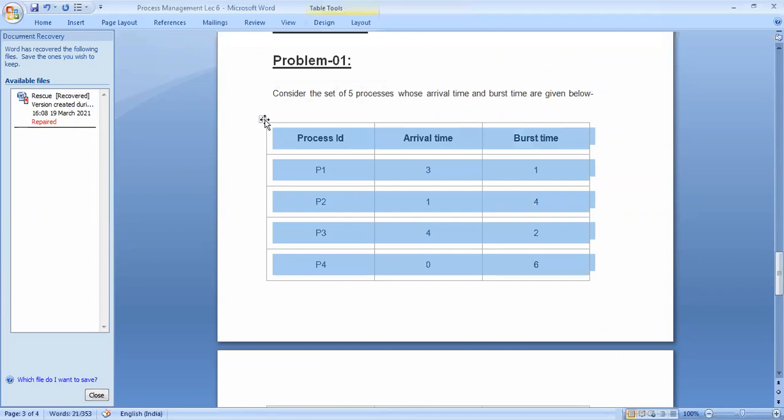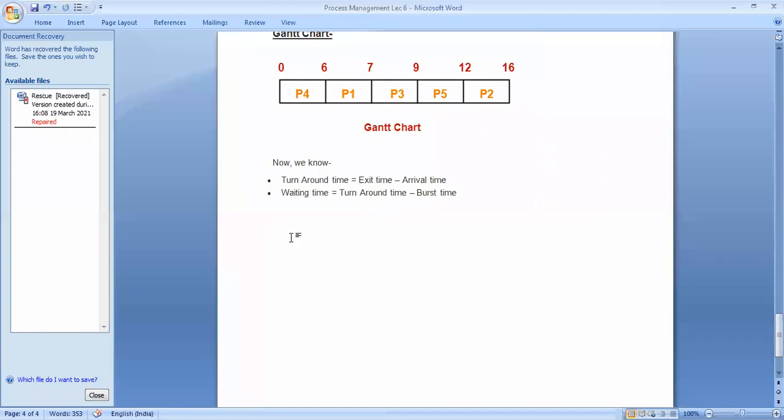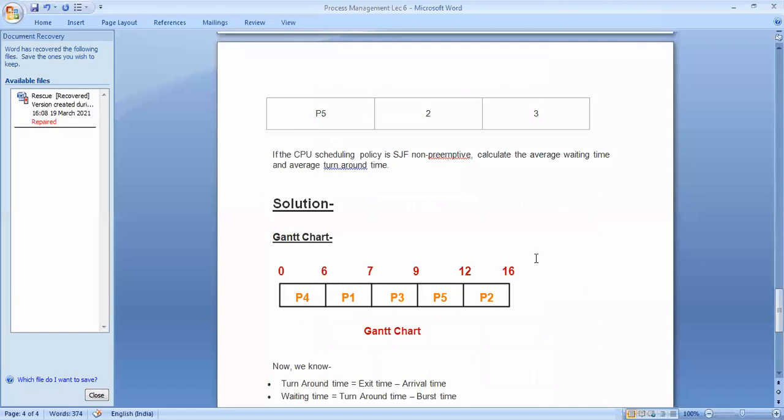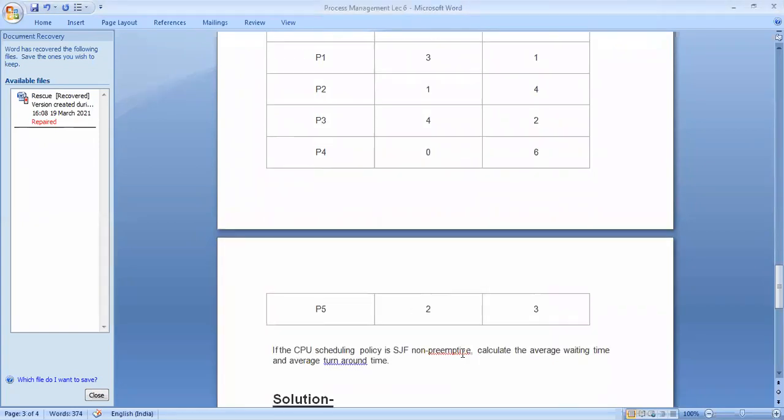Now we'll calculate completion time. So now I think you can differentiate first come first serve from shortest job first. One thing keep in your mind: initially, we check which process is ready in the ready queue. After that, we compare. When time is zero, only one process is ready, so no comparison is required. That's why we directly write P4 and P4 is complete.